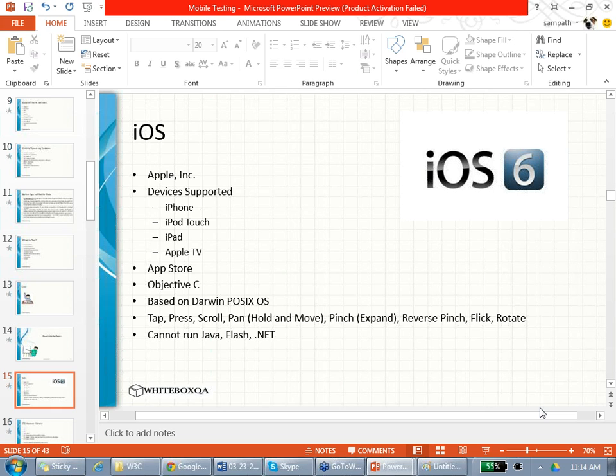Flick: if you are doing ebooks, like iBooks, just flick it at the end, and the page will turn over. Rotate: you can rotate it when you are doing games. Tilt and everything are gyroscope functionality. That is not screen functionality.